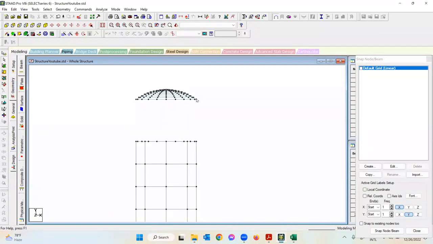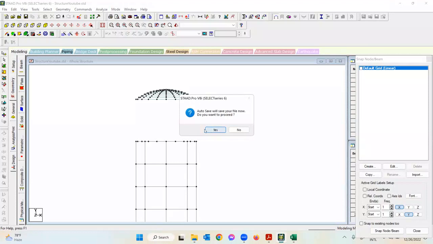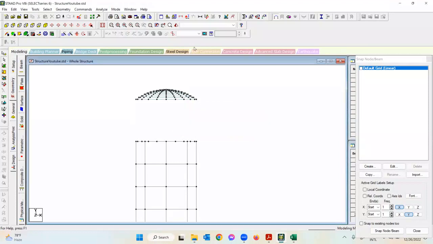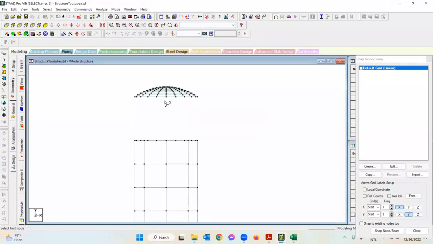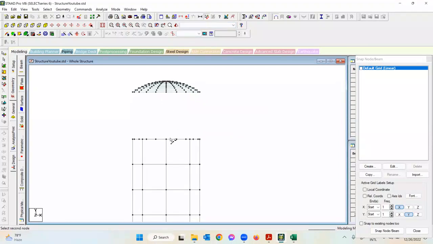So we need to see how much we need to move. That's why I just want to see the node to node dimension. So I'll just measure from here to here. So that's 12.212 meter. So I need to move this top spherical dome from this position by 12.212 meter downward in the negative y direction. Okay. So what we can do is, as you can see,